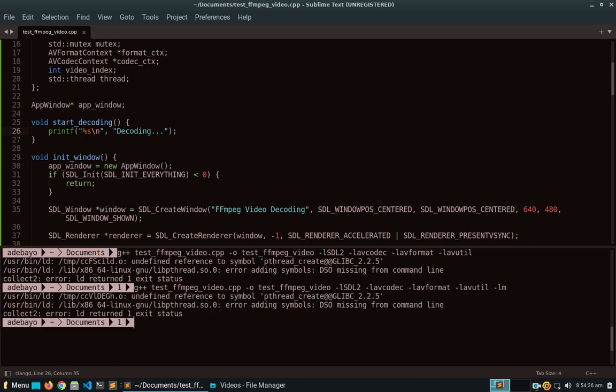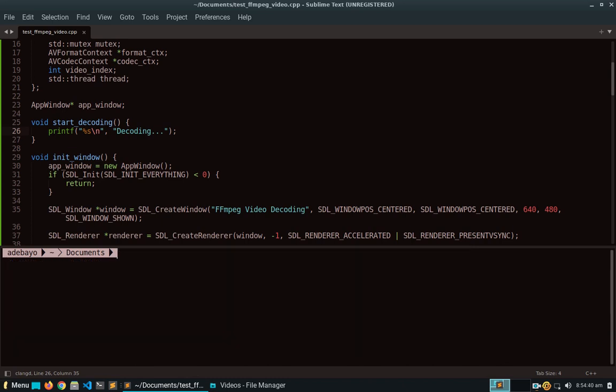DSO missing from command line. I have absolutely no idea what that means. I thought I compiled this just a minute ago. Oh yeah, I didn't put the thread in there. Right, so